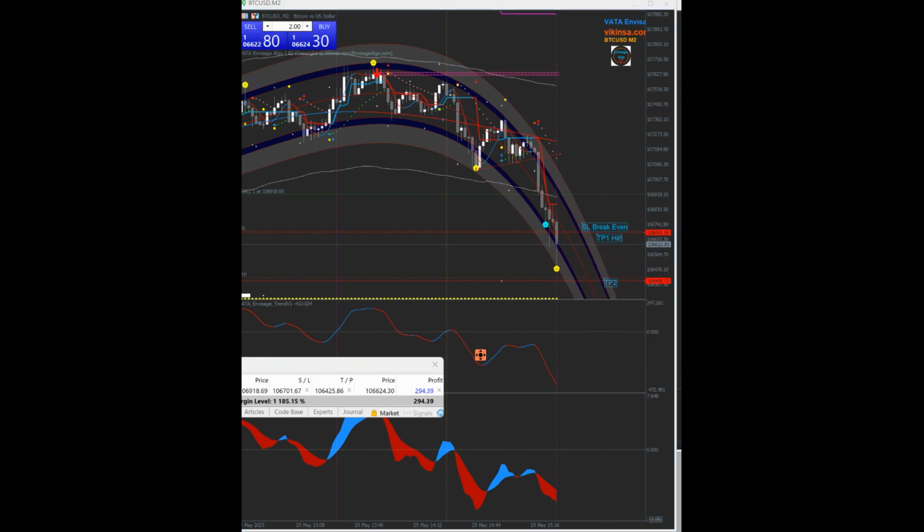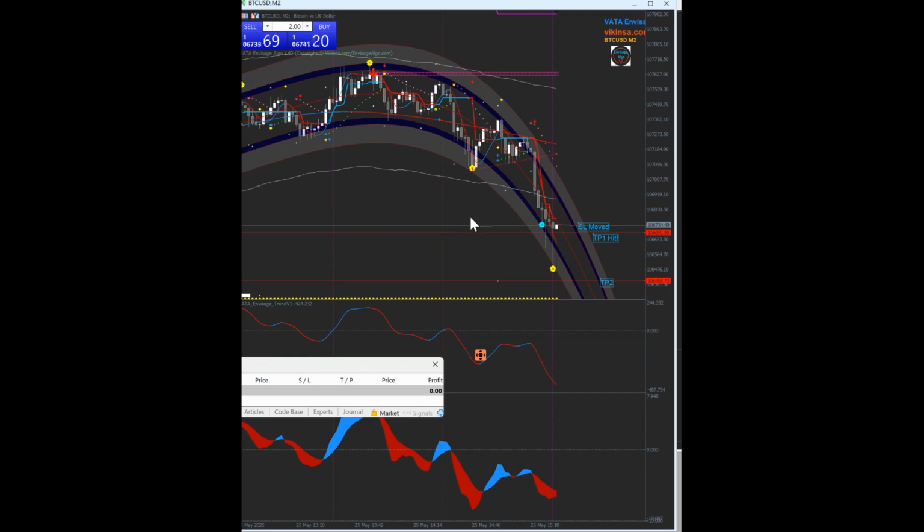And I may close this trade manually if the market starts to go up, or I can just let it hit my SL because the profits are already locked. Right, looking good. It's gone. Right, so basically, it has hit my stop loss, and which was basically